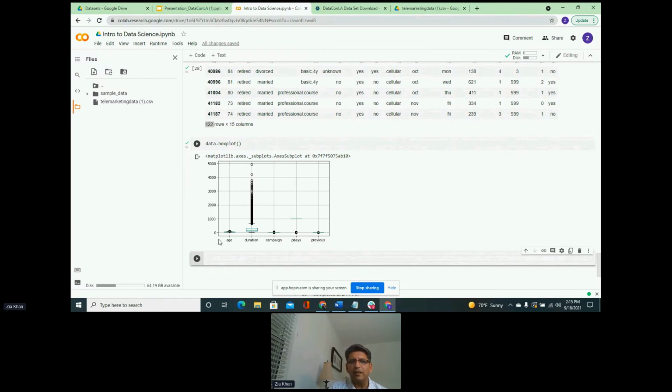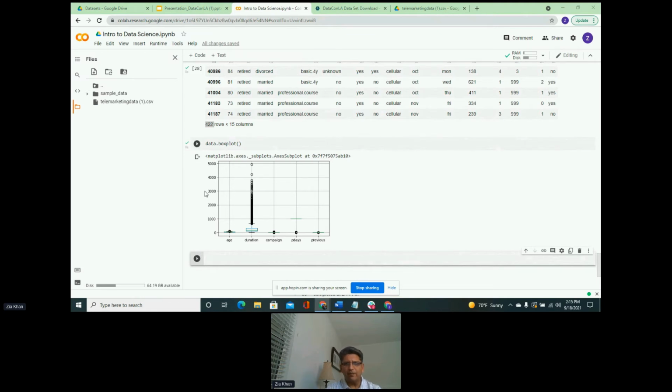But you can see that there are outliers in duration also, a lot of them in that range above maybe 700 or 800. And these are the statistical outliers for the duration feature. So in this way, you can basically graph anything that is numeric, and you wanted to get an idea of the outliers.